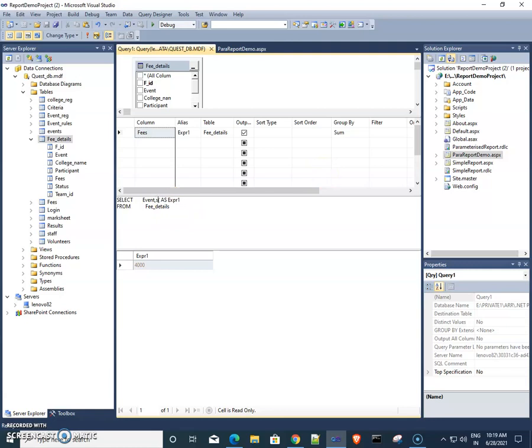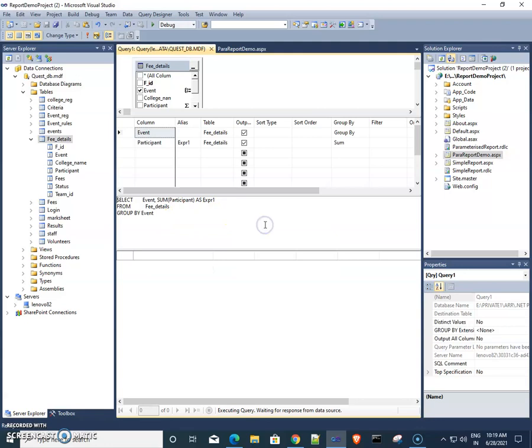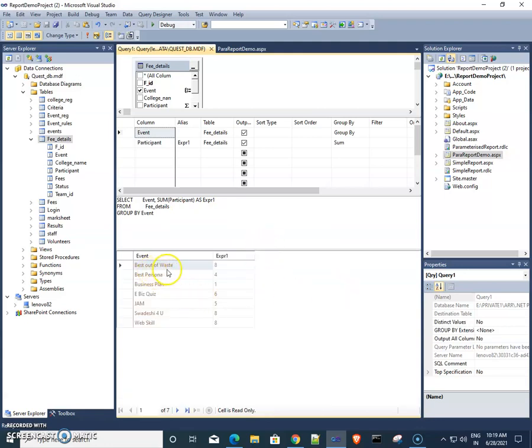Actually we use sum here, participant, and here we also use group by event, and I fire this query. So we get the result as, in best out of west there are 8 participants, in best persona 4 participants, business plan 1 participant, this one has only 6 participants, inside jump 5 participants are there.